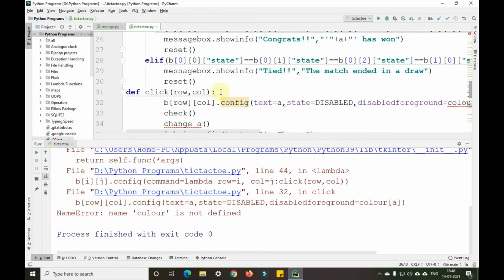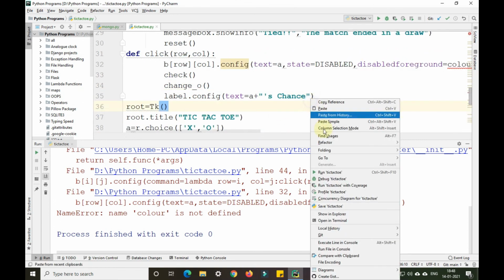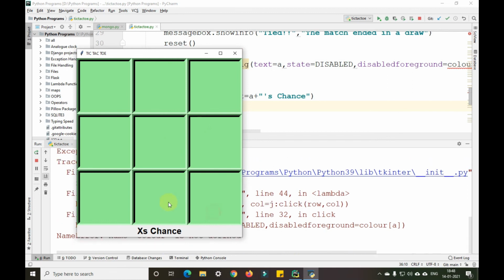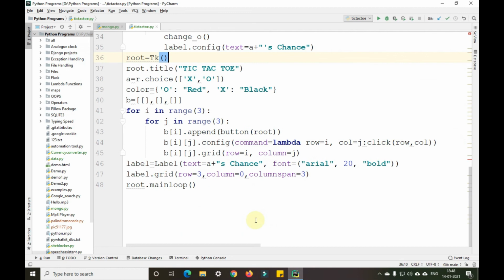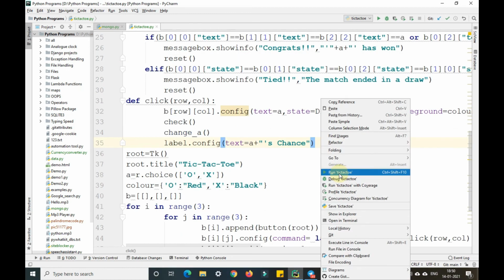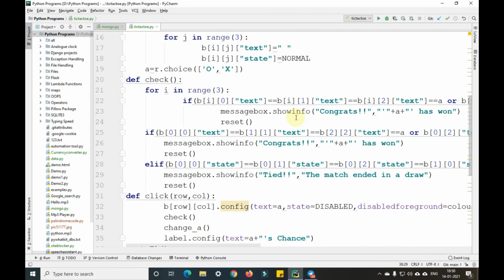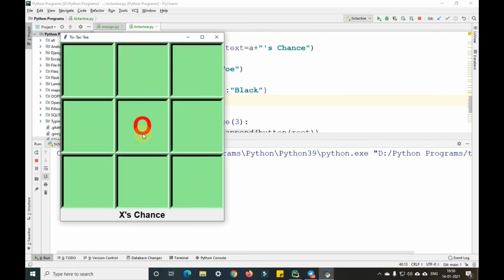No, it is still not running, guys. Yeah, this is a change of O, guys, not A. Now it should work properly. Still not working, guys. Let me check where I've made a mistake. Now let me try running it again, guys. I don't think there is any mistake anywhere, so let me just try running it again and see. Yeah, guys, it's working now, you can see.